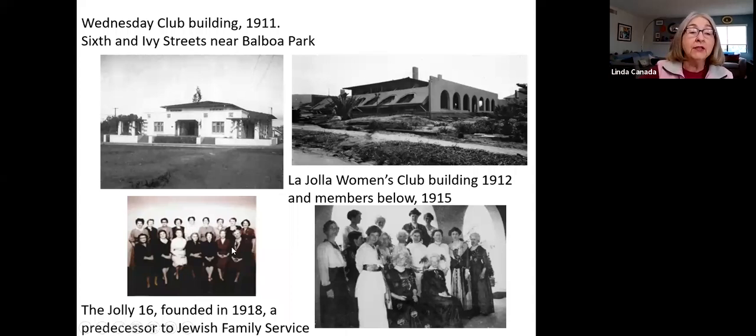Another group that was very active, these are the members of the Jolly 16. It was a Jewish women's organization. The Jewish community was very active in that Sacred Peace Day that opposed the war in 1914. And then they became very active in making sure that Jewish enlistees in the Army at Camp Kearney had places that they could go, ways that they could celebrate holidays. In fact, the Jewish percentage of men serving in the Army was greater than the percentage of Jews in the general population here in the United States. So the Jews did